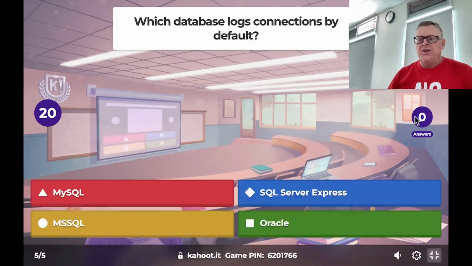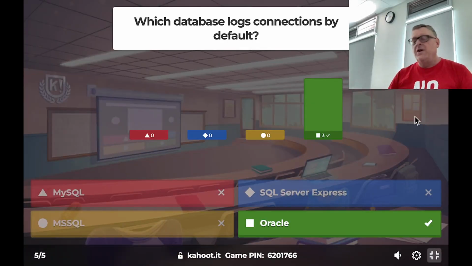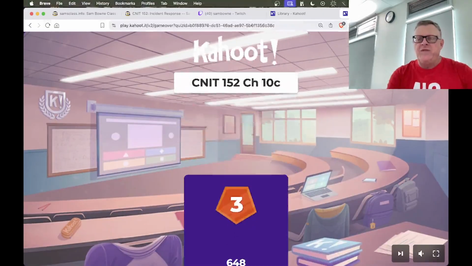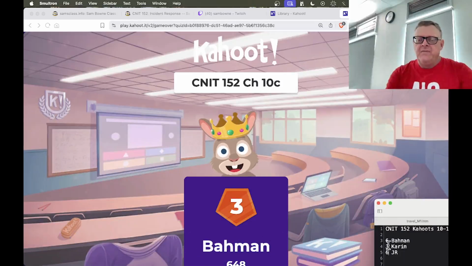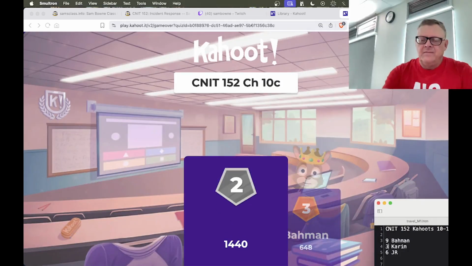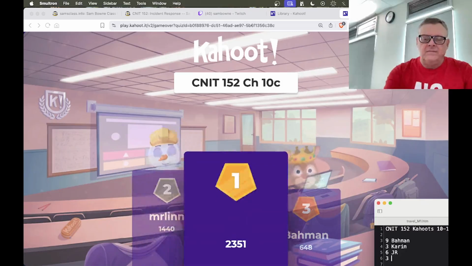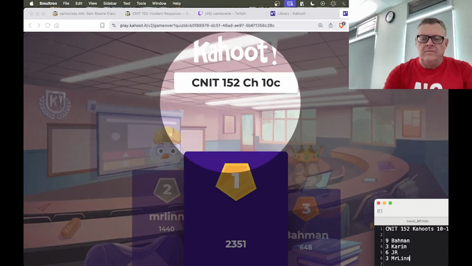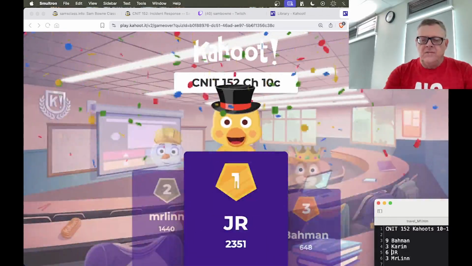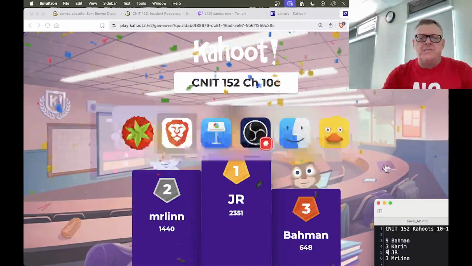Anyway, so which logs connections by default? Which one? Oracle does. Okay, that's interesting. Because usually none of them want to, but I guess Oracle does have some logging information by default, not complete logging information. Anyway. All right, so